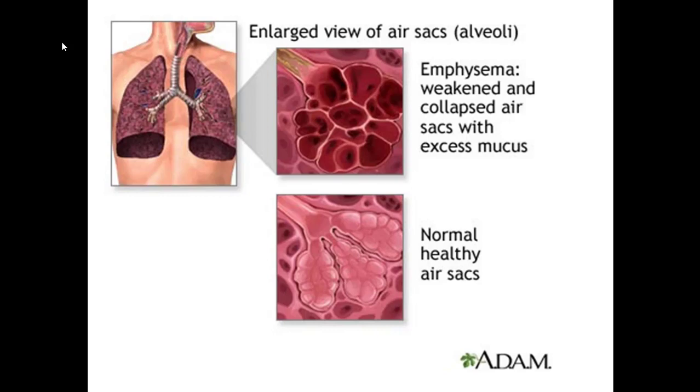This is just a view of the air sacs. This is what it looks like with COPD because there's so much mucus they can't get it out. You can see how they're nice and pink and bubbly and uniform kind of. With the emphysema, no, they're just full of gunk and very small room for air in there. The dark spots are where the air goes. So, oh, we lost the picture. Anyways,